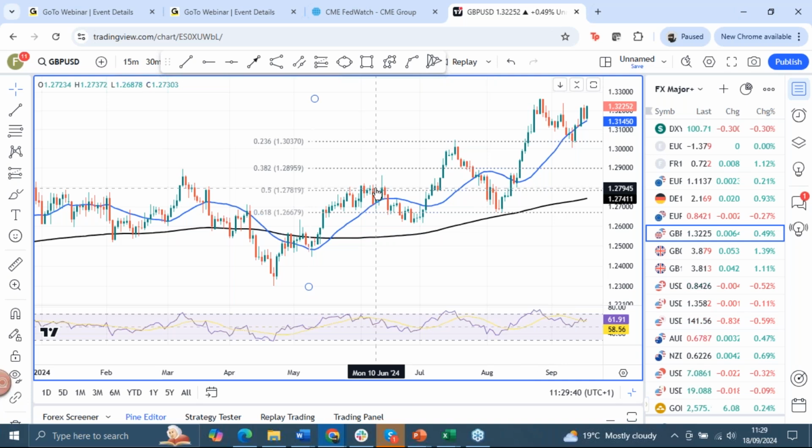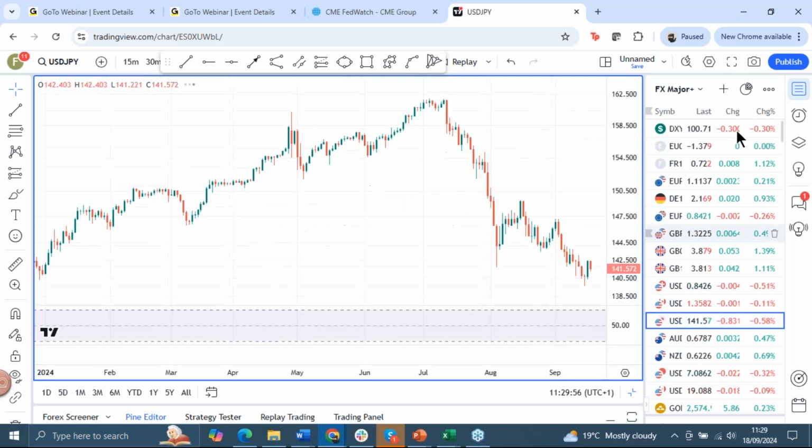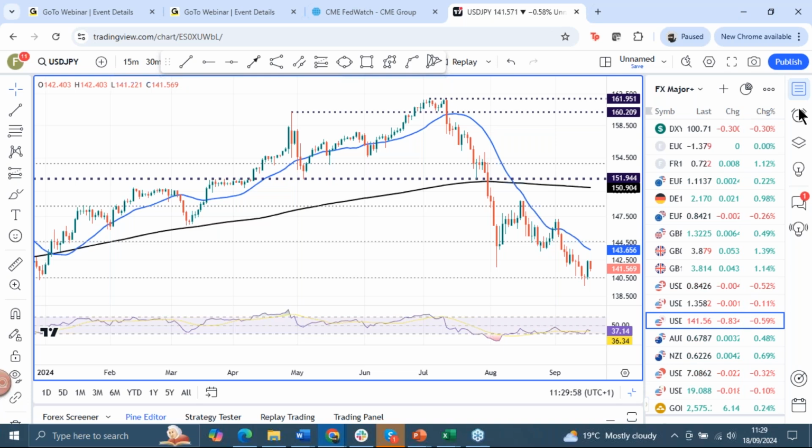Again, expect choppy price action certainly this evening over the Fed meeting and then possibly over the Bank of England meeting, although possibly not too much volatility. Otherwise, we do finally get the Bank of Japan meeting. That's on Friday, early morning UK time. Just double check you can see that chart, which you can.